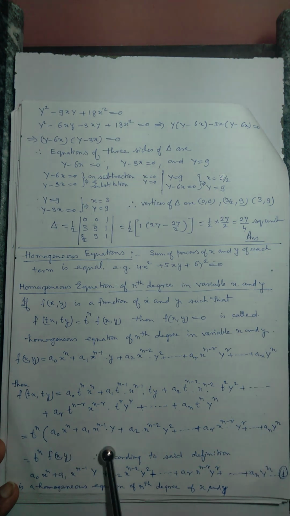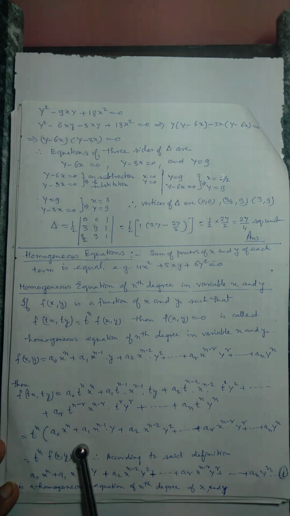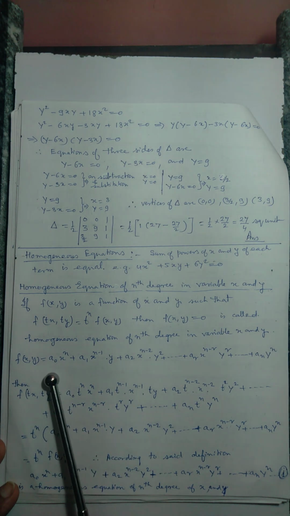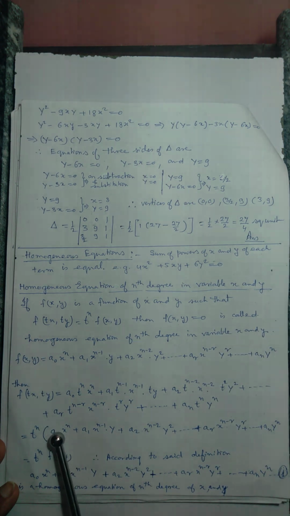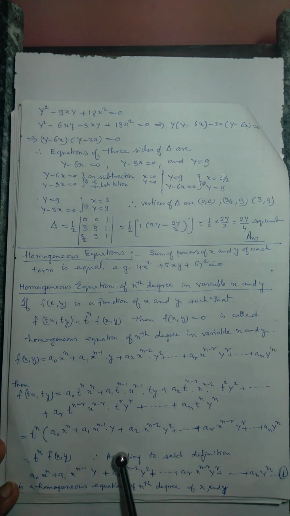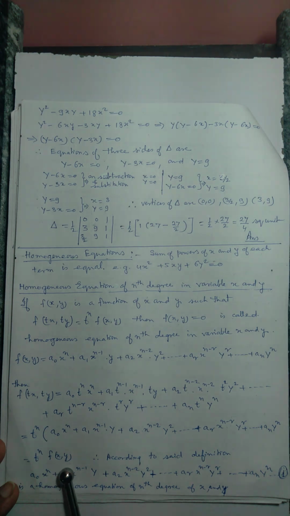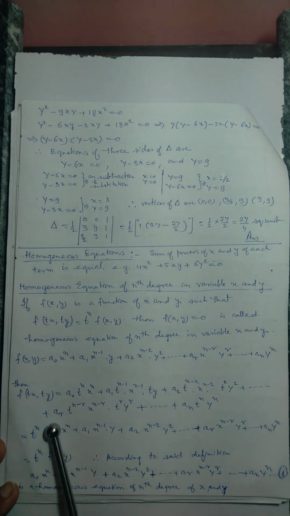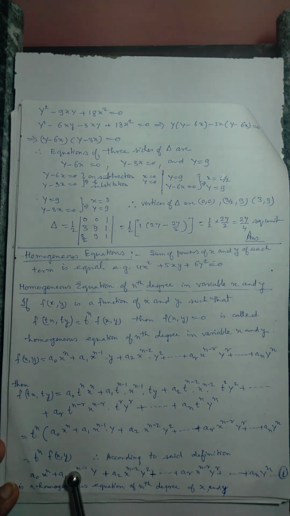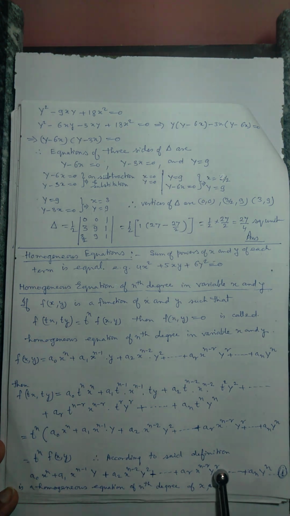If you just have a look at it, it is just equal to the same terms, that is f(x, y). So for this complete expression you can write the function of x and y, because you just compare it. According to the said definition,